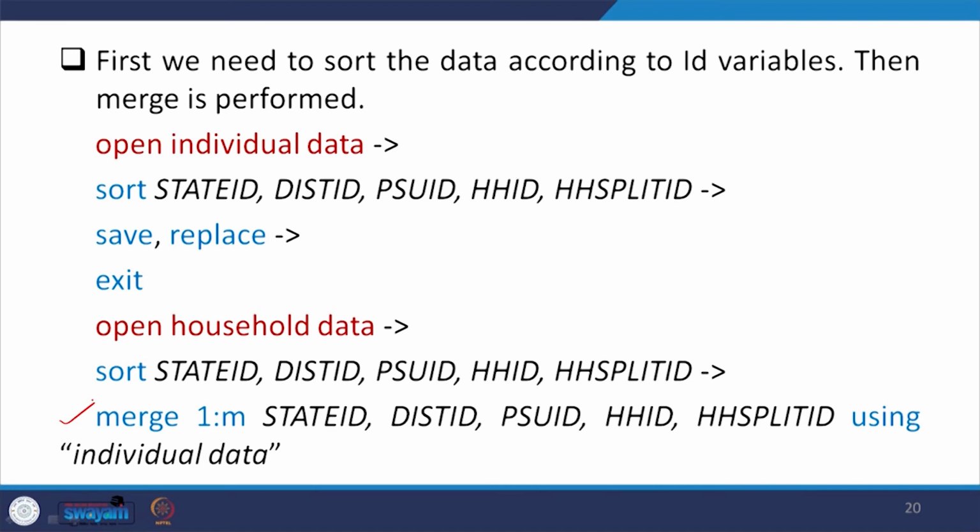Now, what is important for us to understand is that you can follow the reverse approach. You can use merge m:1, where m is your individual file. So, you open your individual file as your master file, okay. Then you use your household file as your using file. In that case, merge m:1. Then the rest of the unique ID has to be the same, and we have already given the command sort, so there will be no problem. Vice versa is also possible with the m:1 command. So, both will give the same result.